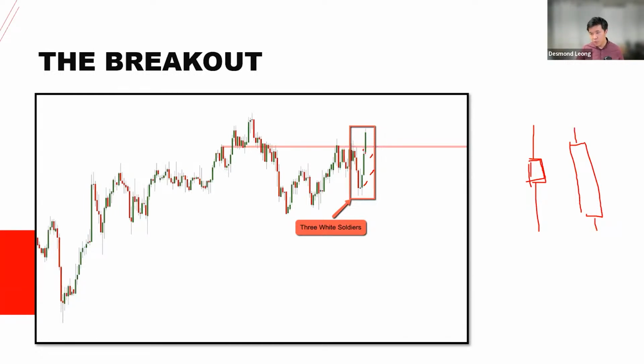Right, so you notice most of them are like this. You're looking for 3 proper soldiers, not 3 babies. All right, so 3 white soldiers is a very good indication that price might break out. It's a very good breakout